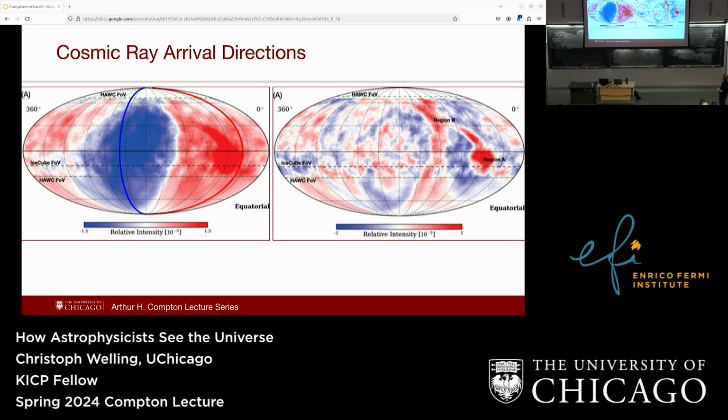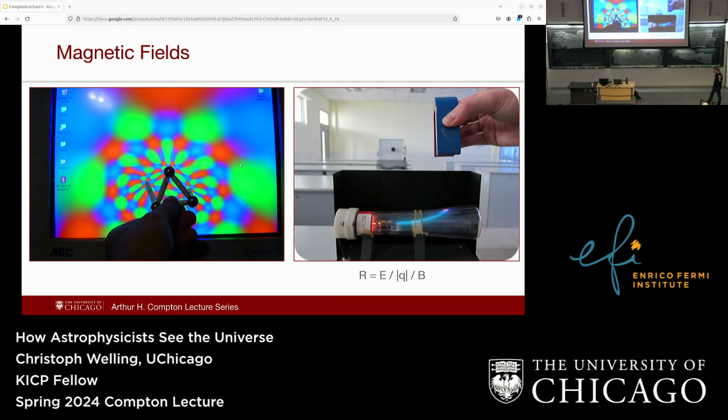And if you remove this big structure, you see some smaller structure, but then the difference is even smaller, and it's all very uniform. So what does this tell us? Unfortunately, not a lot, because the problem is there's magnetic fields, and these are charged particles, so we're pretty sure they're some kind of nucleus from some atom.